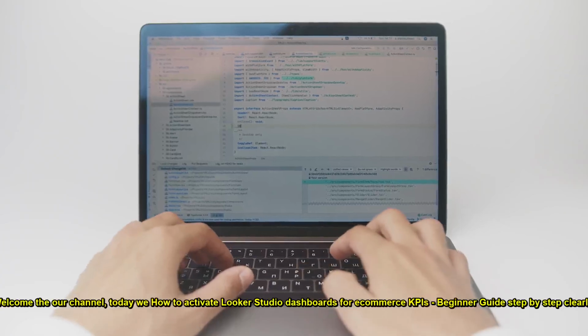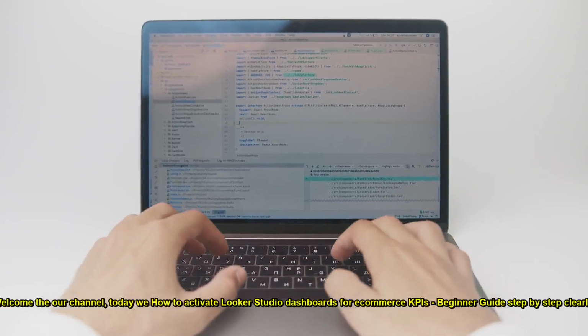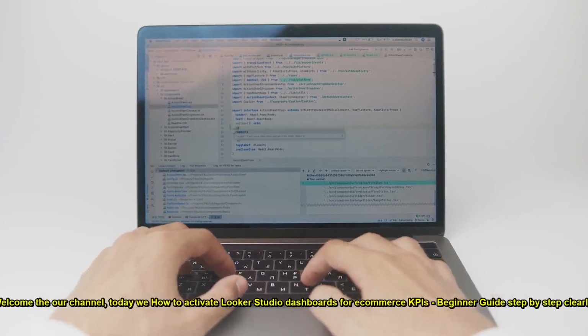Welcome to our channel. Today we show how to activate Looker Studio dashboards for e-commerce KPIs, a beginner guide, step by step